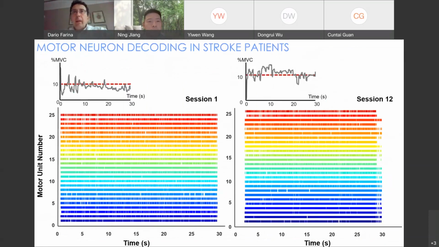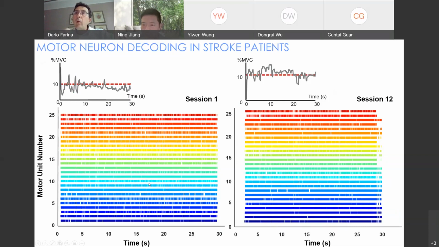Yes, thank you, Ning. I went very quickly because, in the interest of time, since we are slightly late, I wanted to be a bit short, but this required a bit more time, and your question is excellent in this respect. So what we do for looking at coherence plots is that we take, for example, a population of 25 motor neurons decoded from a stroke patient. We divide this population in two random groups, and we make a permutation of these groups. And then we compute the coherence between the cumulative spike train of one group with respect to the other.